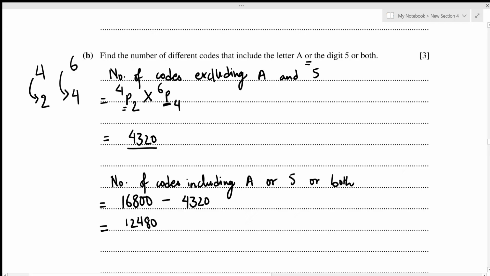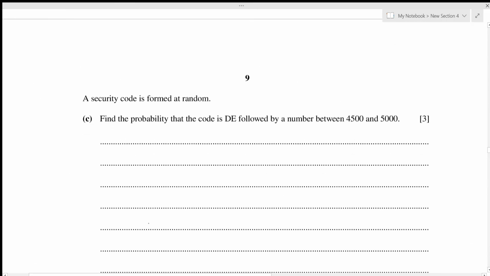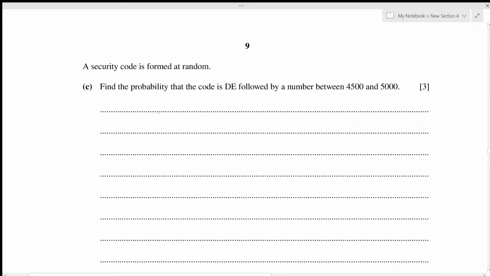Let's move on to the third part. A security code is formed at random. Find the probability that the code is DE followed by a number between 4,500 and 5,000. Alright, this is a bit tricky. So we're looking at the probability, so let's just multiply the probability for each letter or number. For the first part, that's the letters, we have the letters to be D and E. So required probability